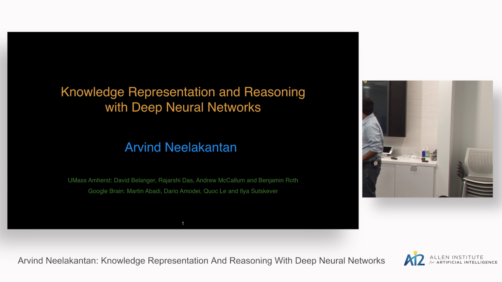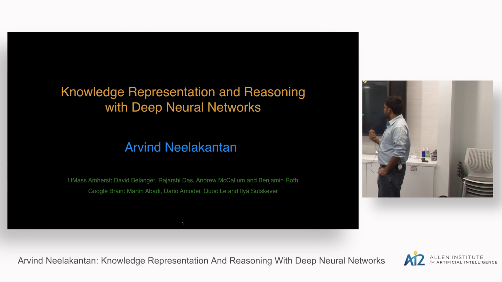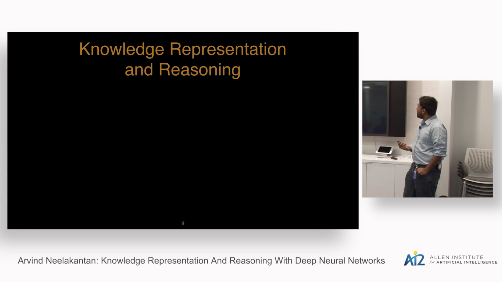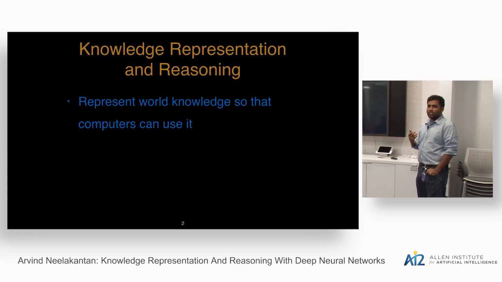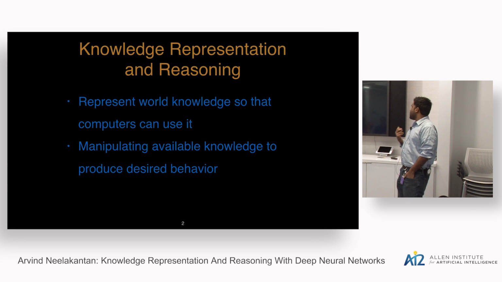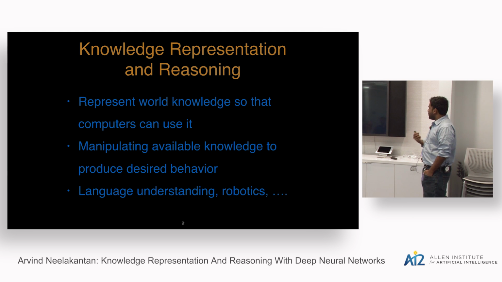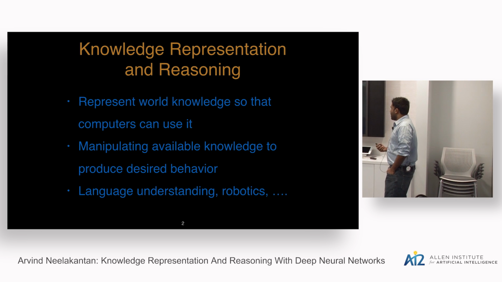So today I'm going to talk about knowledge representation and reasoning with deep neural networks. This is work I did both at UMass and at Google Brain. Just to get things started, we want to represent world knowledge in some form so that computers can use it. And by reasoning, I mean we want to manipulate this knowledge so that we can produce some desired behavior. These are really high-level definitions, and I think this has important implications in fields like language understanding